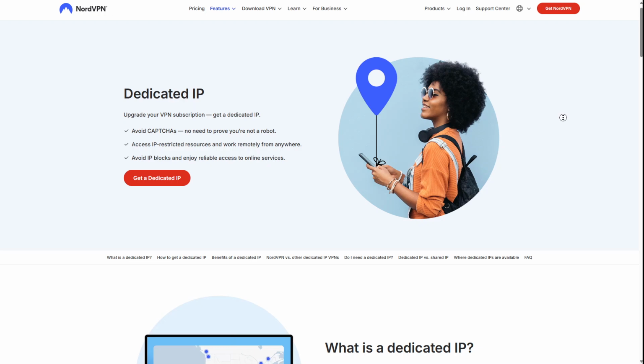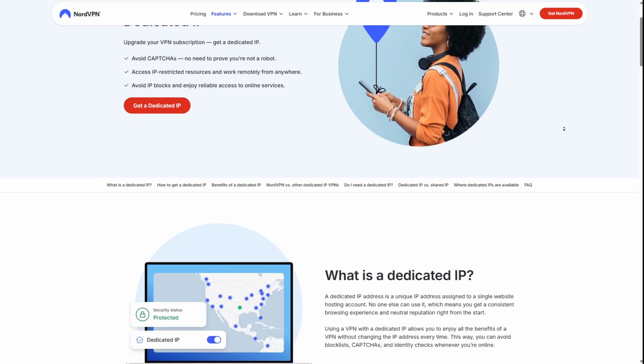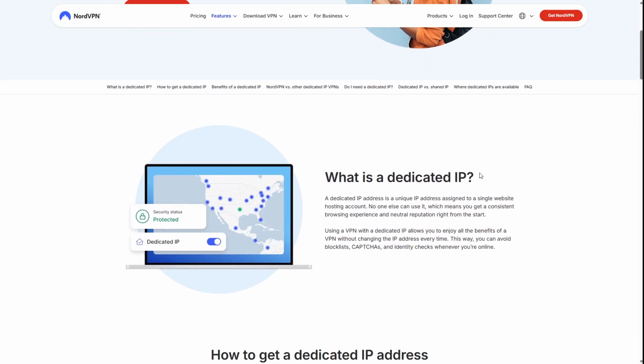Hey everyone! In this quick walkthrough, I'll show you exactly how to use a dedicated IP with NordVPN. If you're looking for a stable, consistent IP address for work, streaming, or smoother everyday browsing, this setup makes it